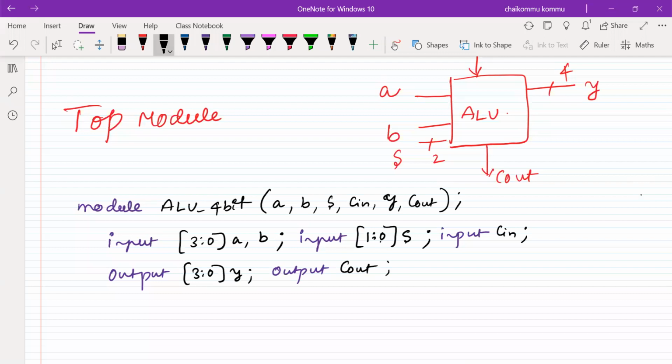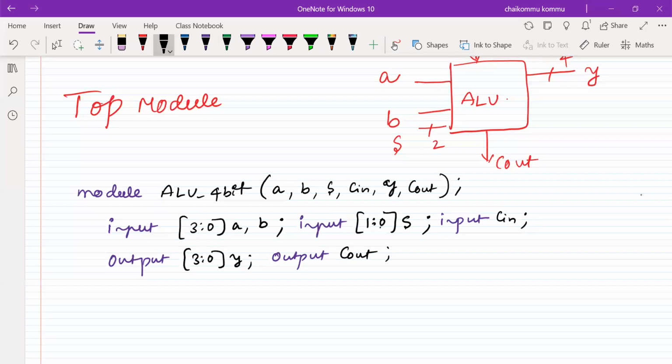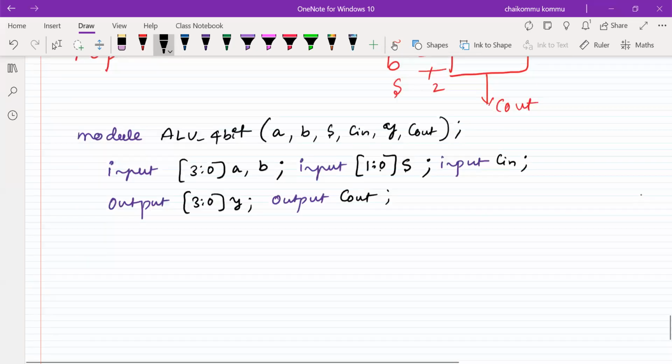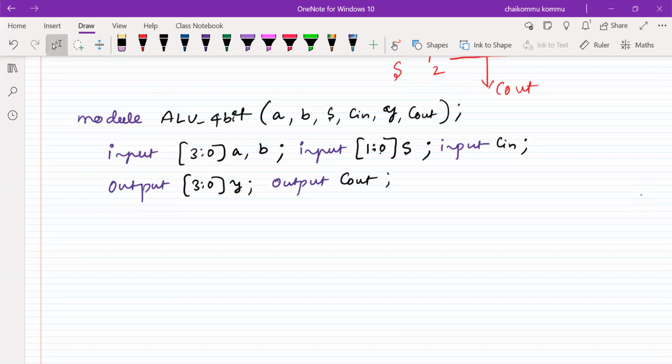It is necessary to consider the output as a tri type, because at the output stage you will find all the buffers only. So therefore it's better to write the output as tri. Sorry, not tri range, it's a tri data type: tri [3:0] Y. So buffers are used in our design.